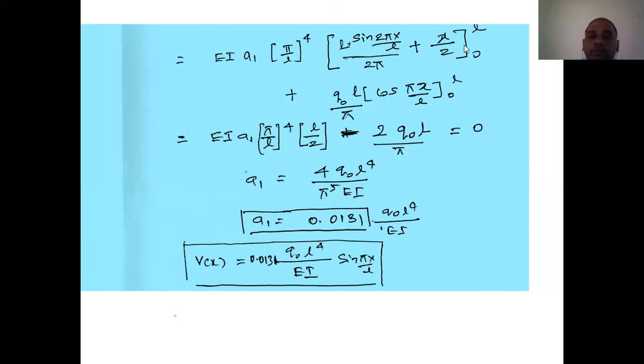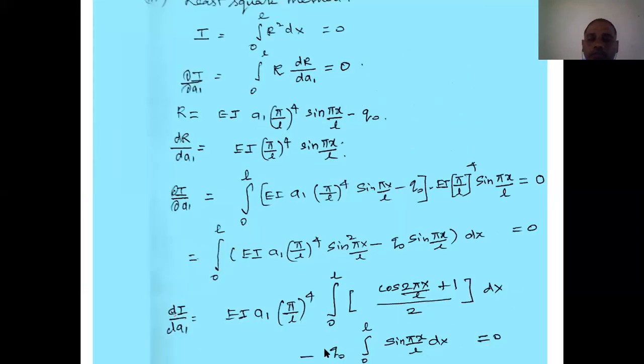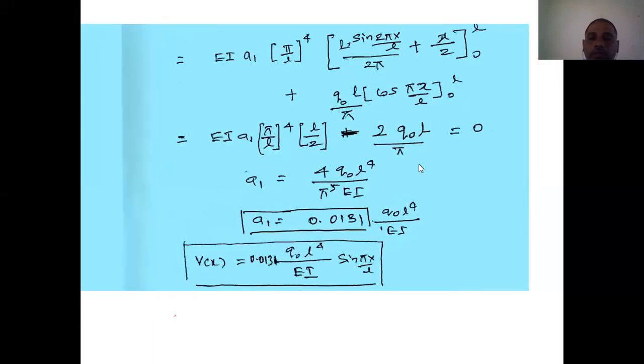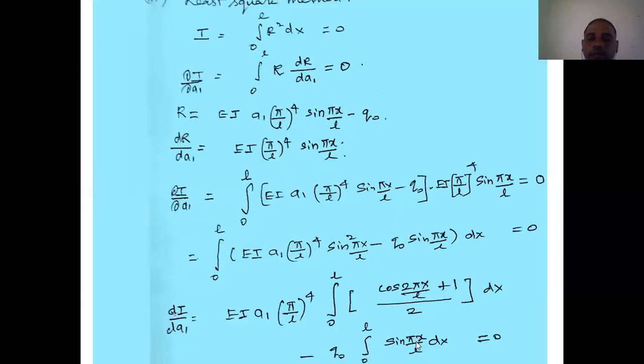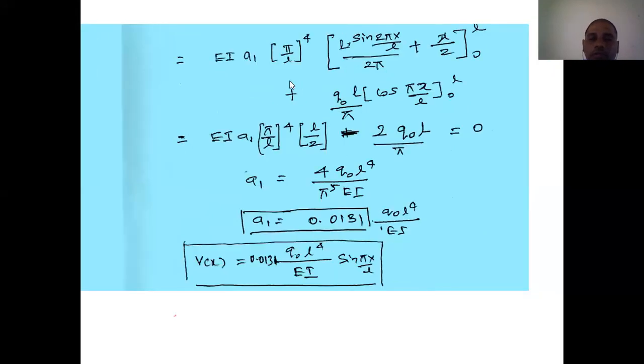Okay, plus x by 2 you will get. So in addition to this, you will get plus q naught into L by pi, L by pi into cos pi x by L, where you have to substitute the lower and the upper limit. So if you want to find the solution for this equation, instead of sine, if you integrate the sine term, you will get minus cos. So that's why this term becomes plus, and you will get L by pi as a coefficient.